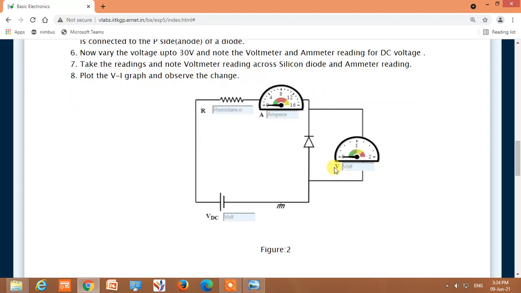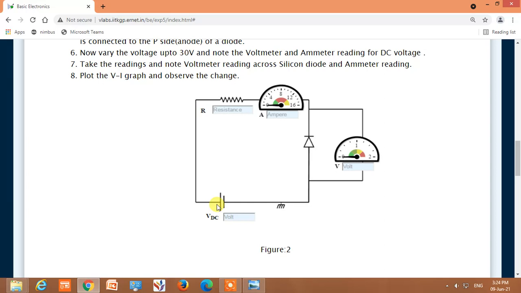Similarly, in the reverse bias, increase this DC voltage in steps of 1 volt. So this is the big difference. In forward bias, we increased the voltage in steps of 0.1 volt, but in the reverse bias, we have to increase the reverse voltage in steps of 1 volt.